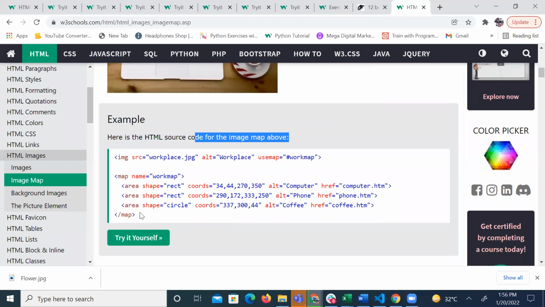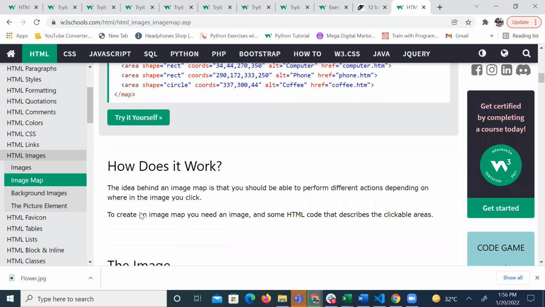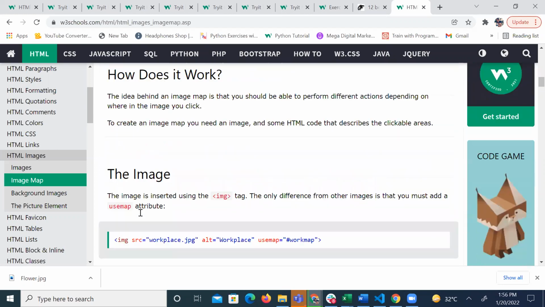For the first one, we have the word computer. Then the second one, we have the rectangle, we have the coordinates and all of those things. Then the third one, we have circle. That one is going to show you the different shapes in the circle. So how it works is that,